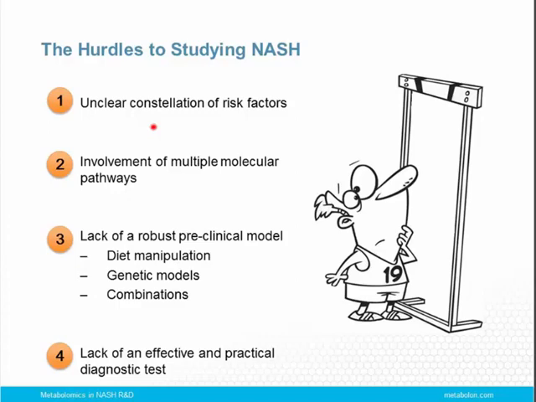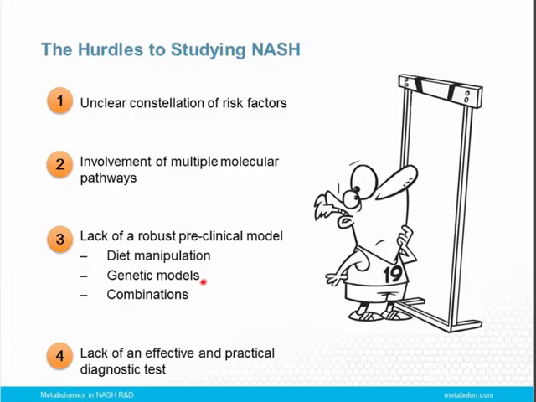So with a lot of rodent models, one of the challenges is to understand if the rodent model does indeed replicate what we see in the human setting. And there are different approaches to developing clinical models. These include diet manipulation, genetic models, or a combination of the two. And later on in the talk, we'll discuss the different ways people have tried to identify appropriate preclinical models to